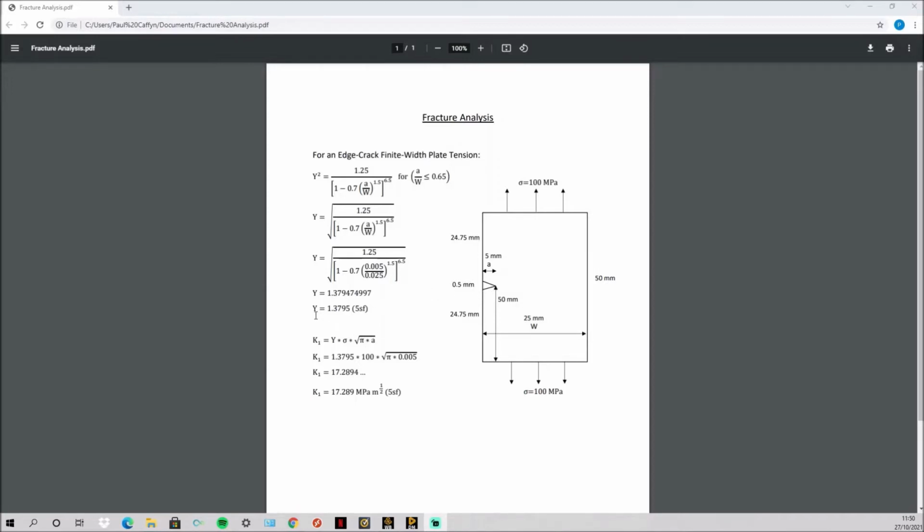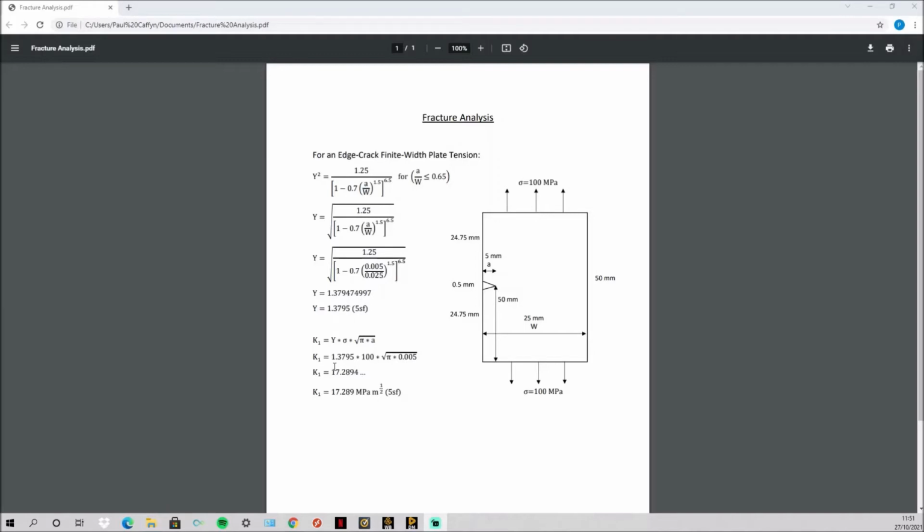First you have to work out this Y, which is a non-dimensional factor, using a and w, the length of the crack and the width of the plate. You simply insert a and w, where a over w has to be less than 0.65. Since a is 5 and w is 25, our a over w is 0.2, so it fits this criteria. And this works out to give you a Y value of